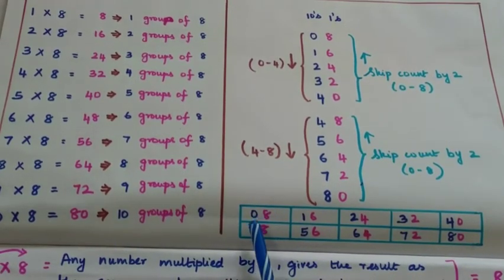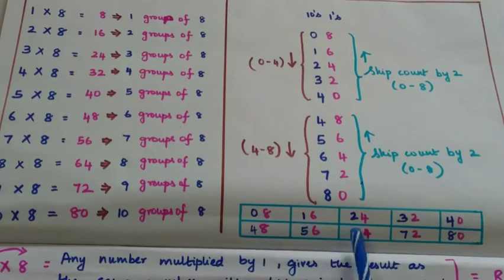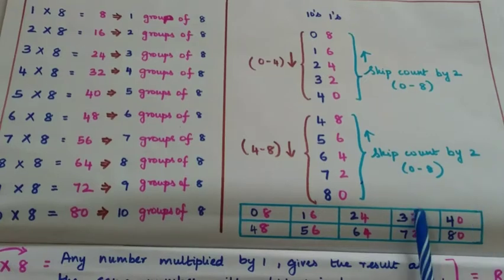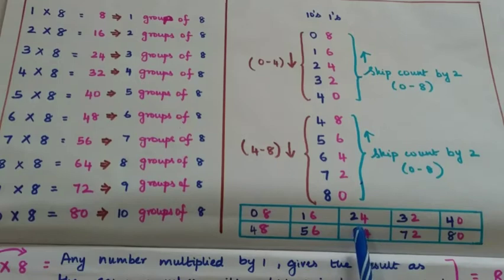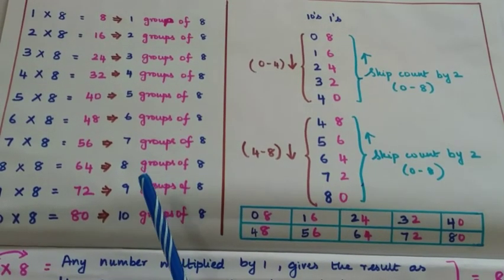You need to first write 0, 1, 2, 3, 4. And in the next row, you need to start from 4 and write 4, 5, 6, 7, 8. And then when you skip count by 2, you start from your right as 0, 2, 4, 6, 8 for both the rows to obtain the answer of the table 8. These tricks can be applied only to write the table sequentially.